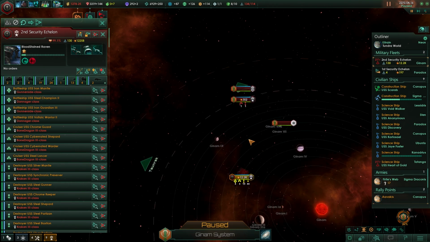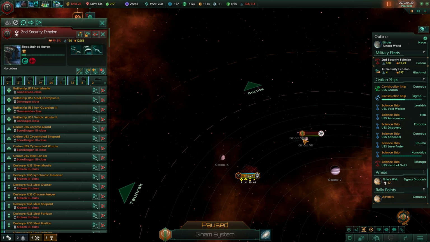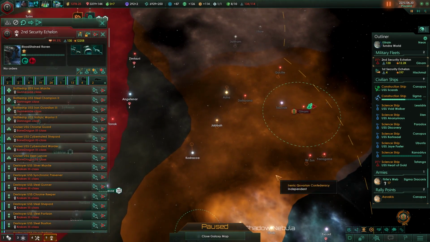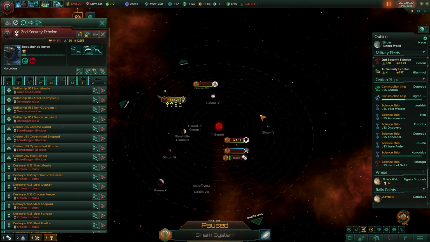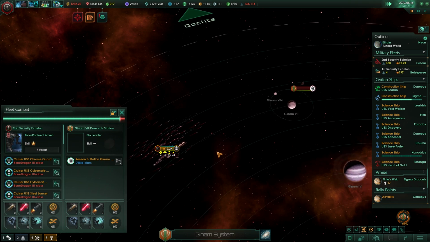Oh, no, they are, though. They are having none of this. Alright. Well, perhaps they have to go through here. Oh. Perhaps they're having to try and go through there in order to get to the planet that we've captured. That is interesting. They were not willing to tangle with our fleet, but